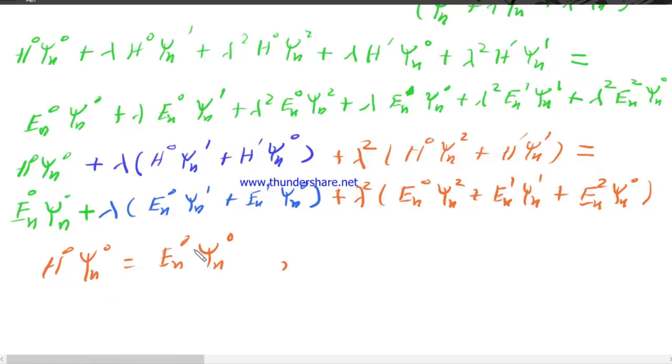This is the exact solution for the infinite sphere, the unperturbed state. Now we compare the next terms: H0 psi_n1 plus H' psi_n0 is equal to E_n0